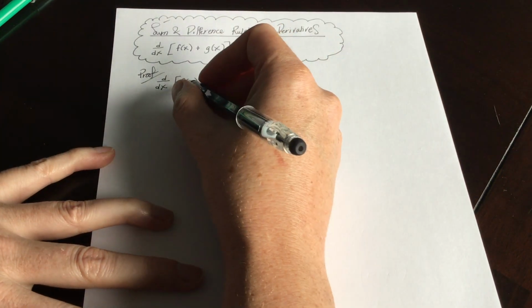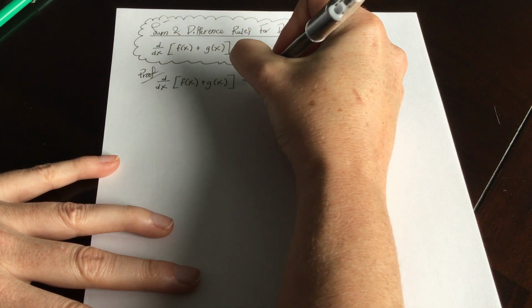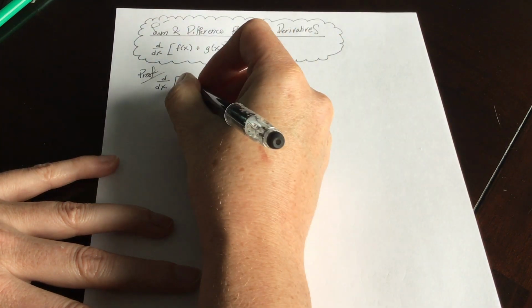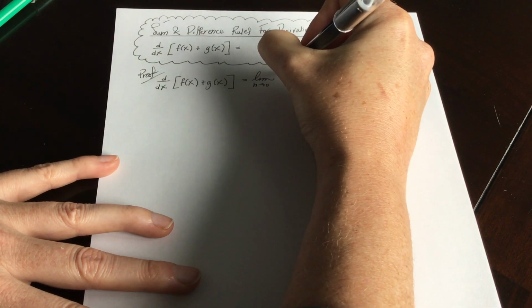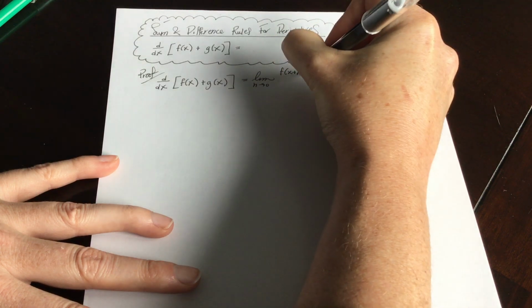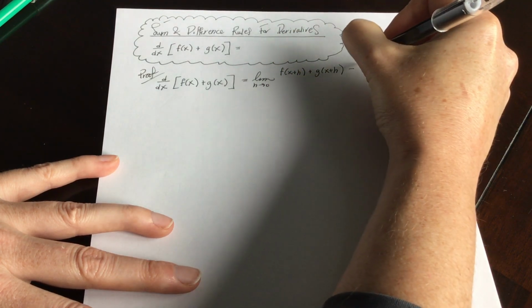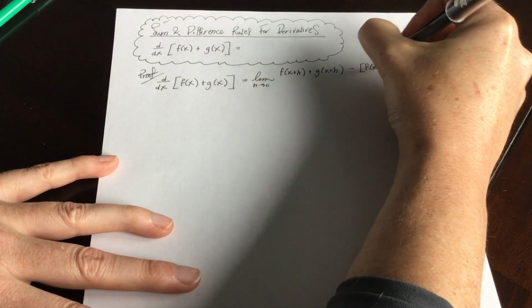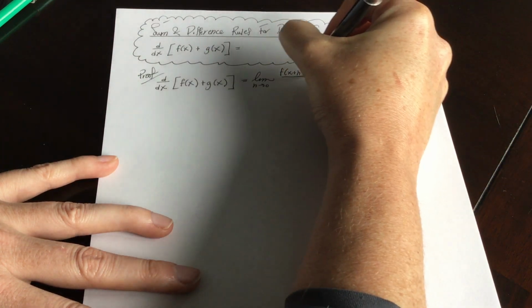So if f of x plus g of x is your function that you're taking the derivative of, then according to the definition of derivative, we'd get the limit as h goes to 0 of this exact thing with instead of x's, x plus h's. So it would say f of the quantity x plus h plus g of the quantity x plus h. And then we would subtract this function as is. And all over